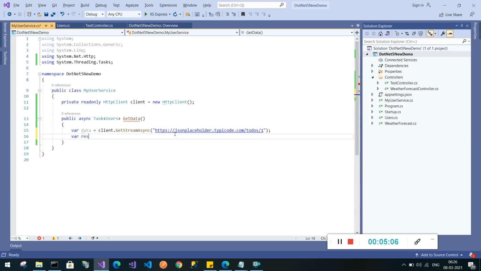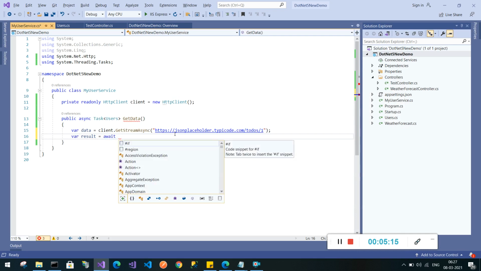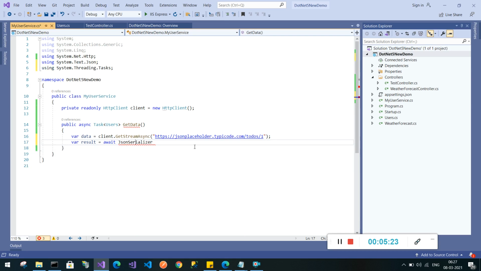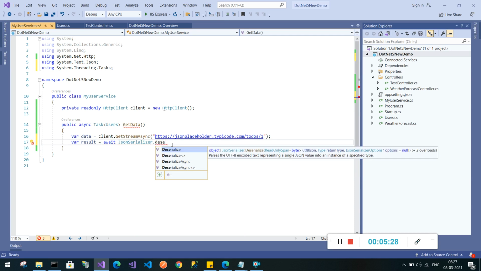Next, result equal to await, because this is an async method, and we'll resolve this with text.json dot deserialize async.